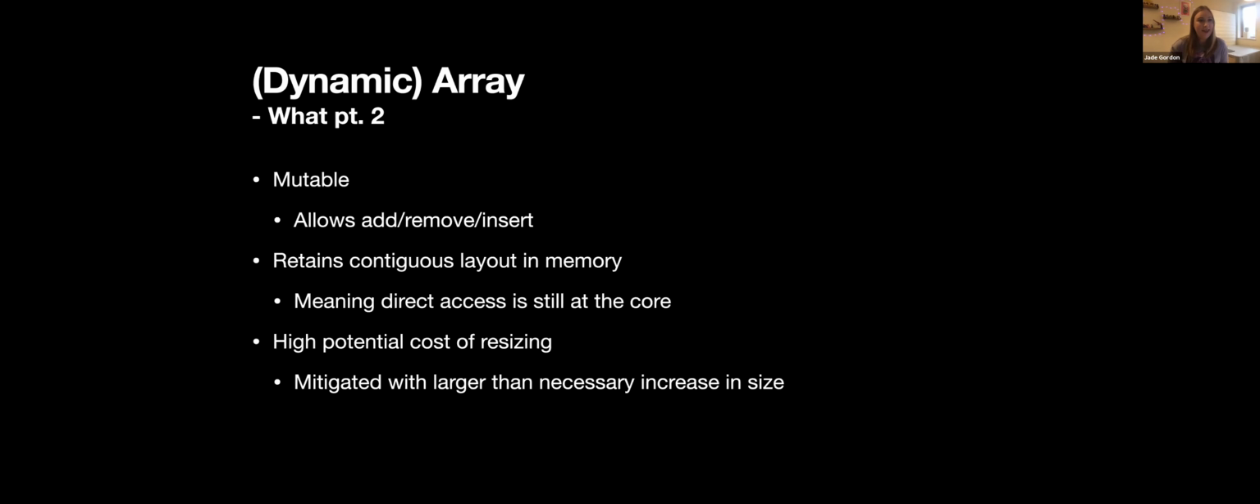Sorry. Okay. So yes, dynamic arrays. With this additional functionality, it allows us to make our arrays mutable. That is to say, we can add and remove or insert